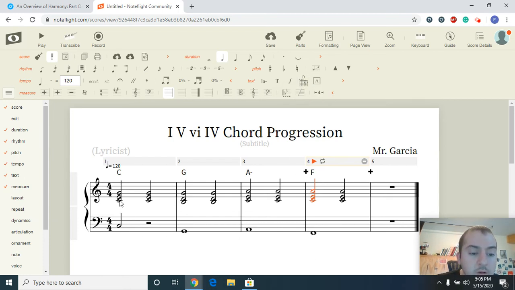Now remember, the triad notes for C are C, E, G. The triad notes for G are B, D, and G. The triad notes for A are C, E, and A. Once again, C, E, and A. Lastly, the triad notes for F are C, E, and